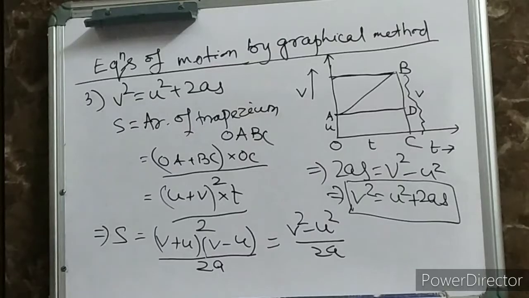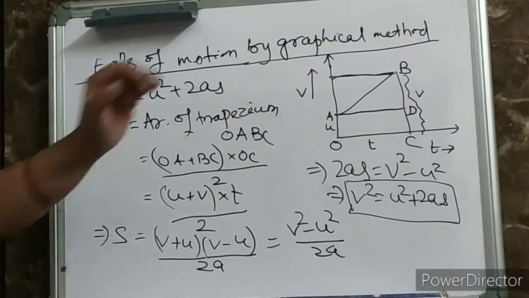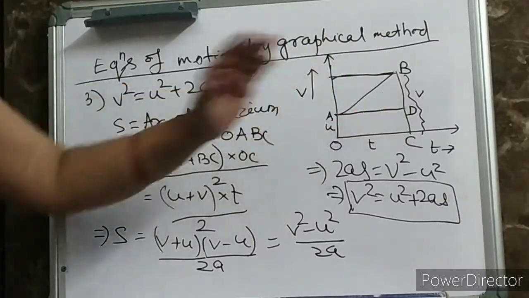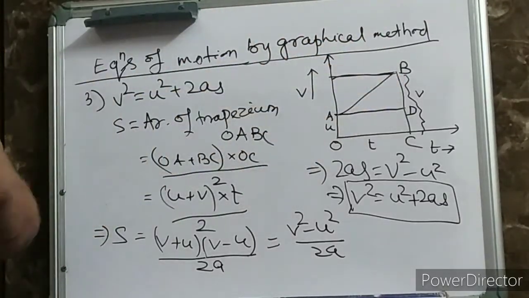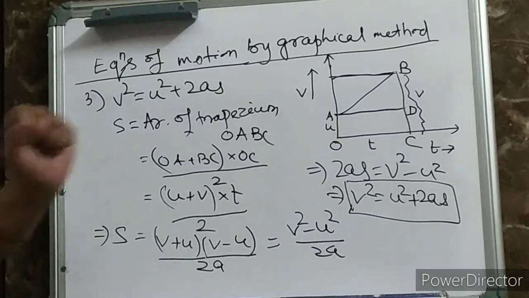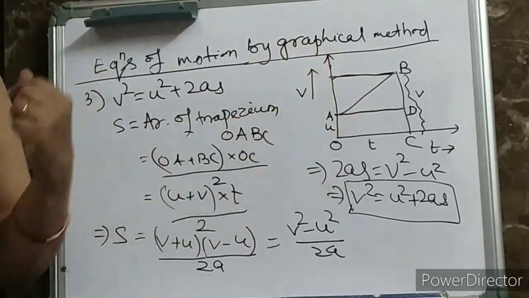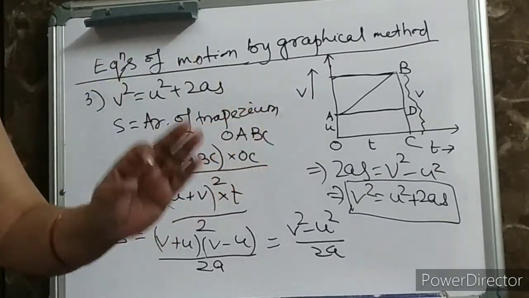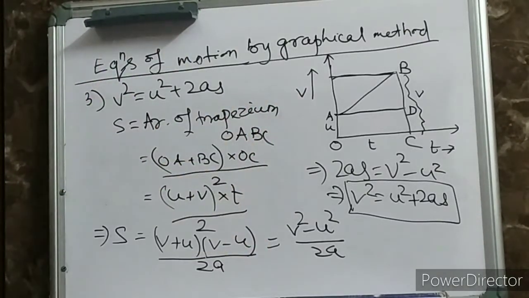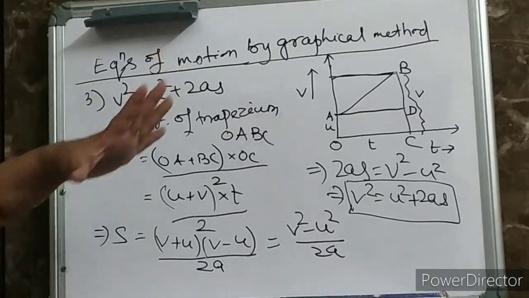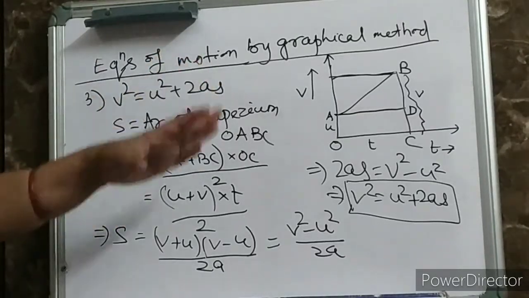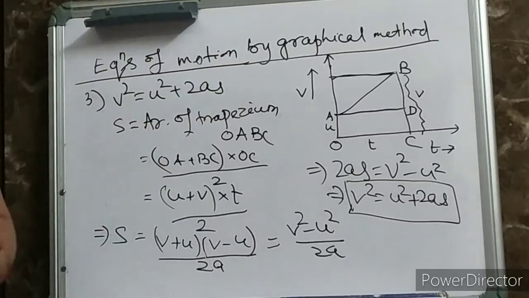Please see these videos and don't mug up these things. Try to do it on your own. You will get it. Just try to understand what we are doing over here. Try to understand the concept, how to draw the VT graph, and from the VT graph how to get the slope and how to get the distance covered. That's it. If you know these basic things, then you can very well prove it. This is nothing great. Whatever I am doing, it is very easy. So you can also do it.